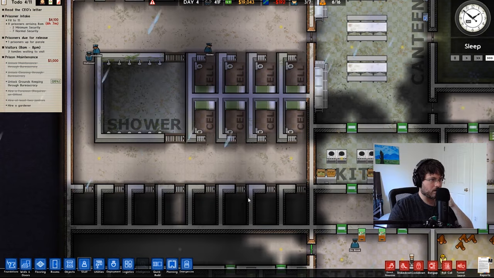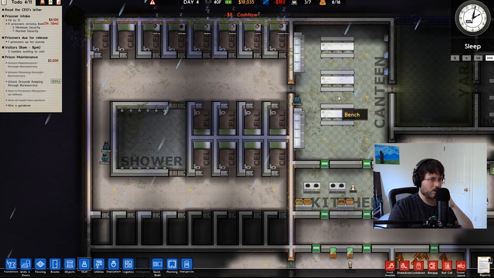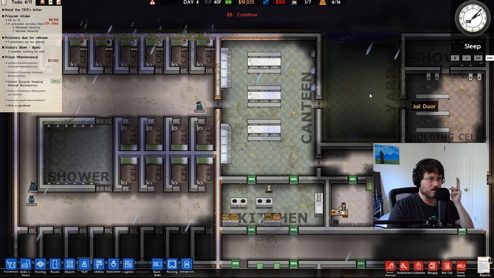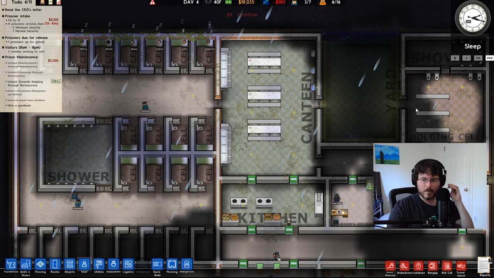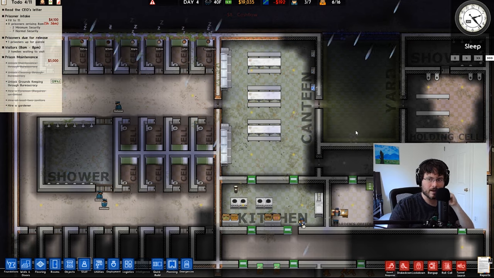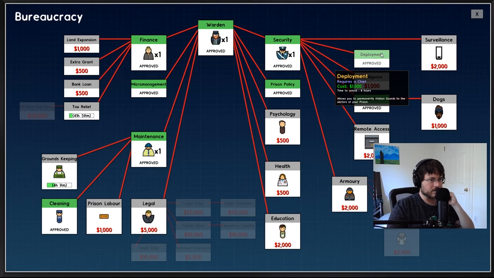And you want to really start putting your guards where they need to be. So, like during lunchtime, we'll always have some guards in here. Or during their yard time, we'll have a few guards in there. You can manage guards by time. Yes, Hugo, welcome back. Yeah, so once you get deployment, it allows you to permanently station guards to the